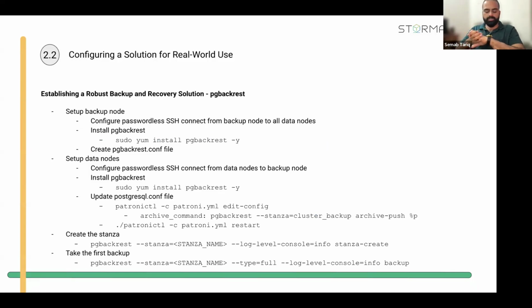Once you are done with the Patroni cluster, the next step would be to create a backup solution for your cluster. For backup, we choose pgBackRest. The reason is that it provides a lot of benefits, from encryption to point-in-time recovery, from WAL archiving to... you can encrypt your backups, and you can store your backups directly from your local machine to S3 storage as well. You can archive your WALs to S3 storage as well, directly from your backup